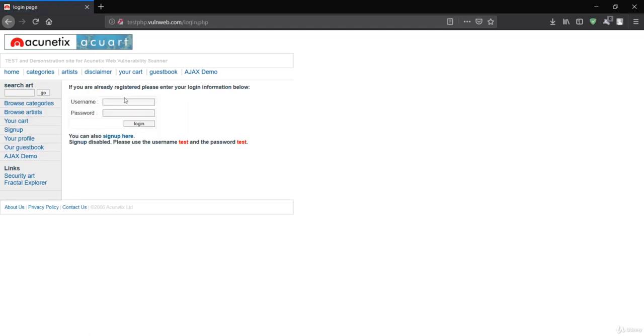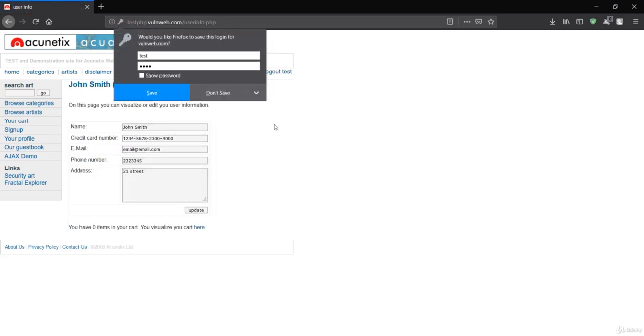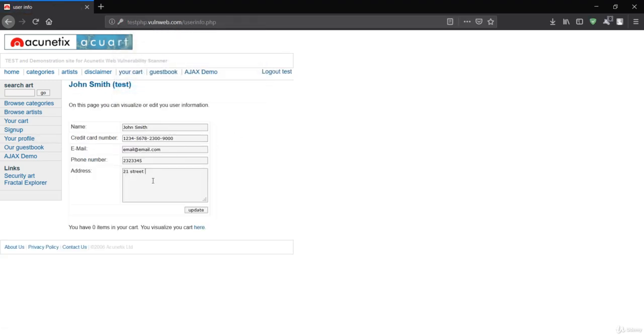So let's see, first of all, if we sign up or log in. Login is test and test, password is also test, and here is your sign up. Let me see if this John Smith is reflected or not. I'll say Udemy. Let's update this. So it is reflected right here. That means you can inject the anchor tag and href, and I can say something like http. Maybe a malicious website can be injected over here, but for now I'll just inject Twitter.